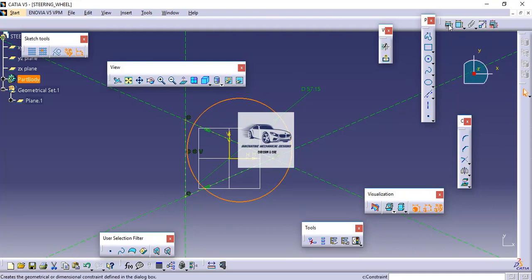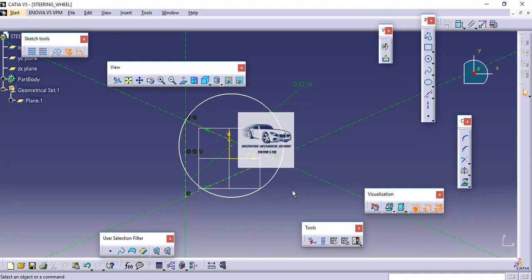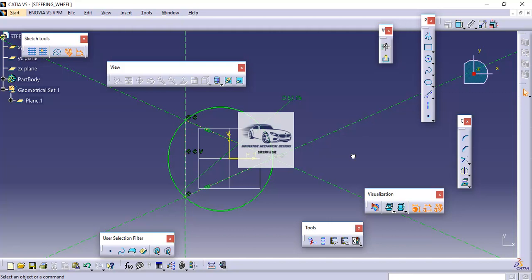I will select the circle, and by pressing Ctrl selection I will select the vertex and give the coincidence condition. Similarly, I will select the circle and another vertex and give the coincidence condition. So now the circle is placed properly in accordance with the triangle, but it is not divided.